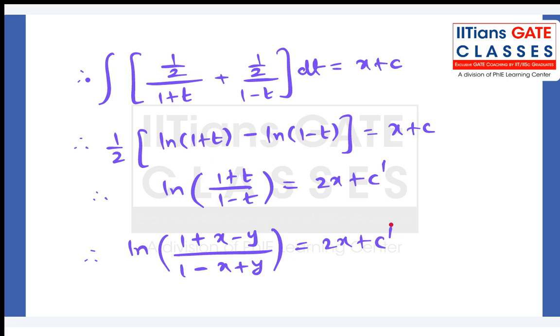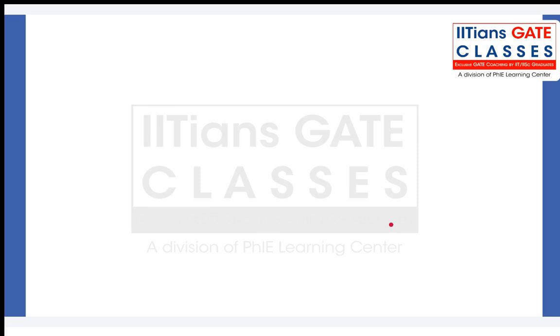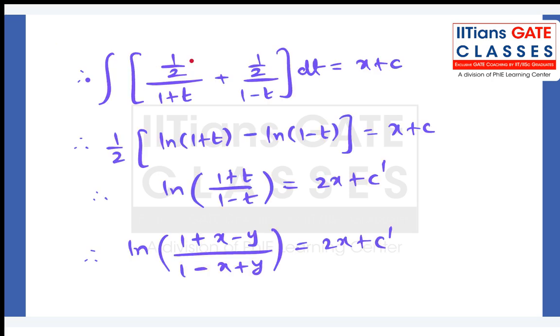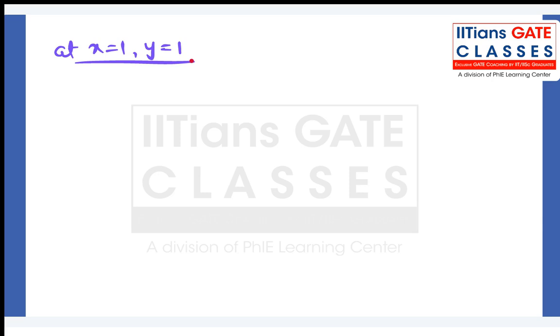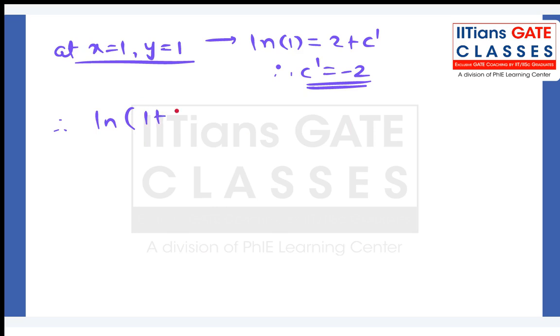Okay, and now what is the information that they have given additionally? That at x equal to 1, y is also 1. So if you use that information here, that means ln of 1 is equal to 2 plus c dash. Ln of 1 is 0, so therefore c dash will be minus 2. Okay, therefore your final answer is ln of 1 plus x minus y divided by 1 minus x plus y